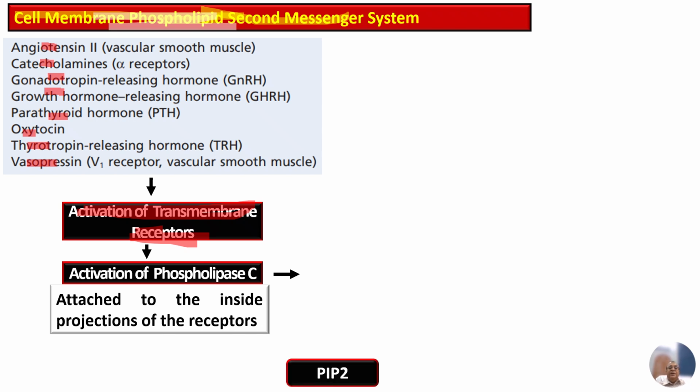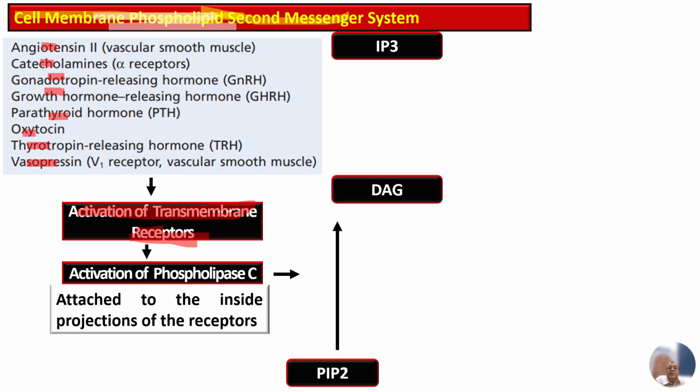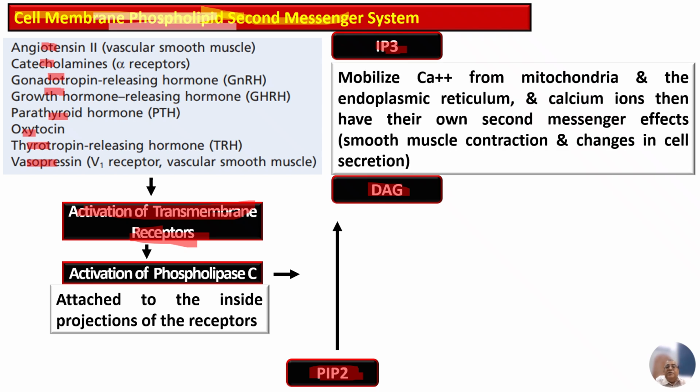breakdown of the phospholipid in the cell membrane, the PIP2 or phosphoinositol biphosphate, which is divided into diacylglycerol and inositol triphosphate. And this inositol triphosphate mobilizes calcium from mitochondria and then endoplasmic reticulum. And calcium ions are responsible for their own second messenger effects, such as smooth muscle contraction and changes in the secretions of the cell, while